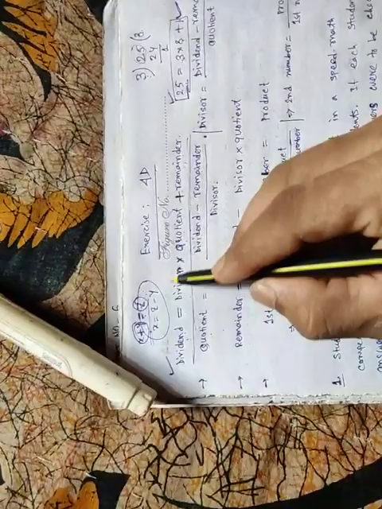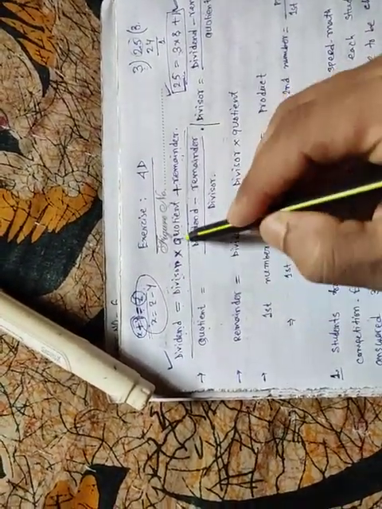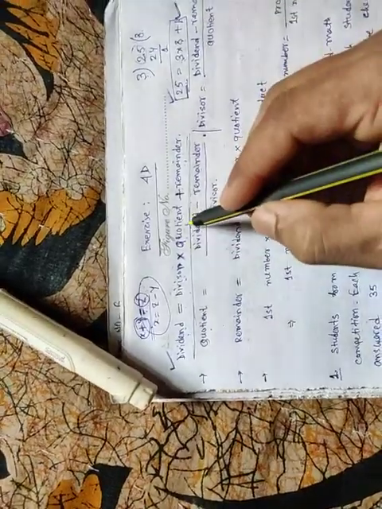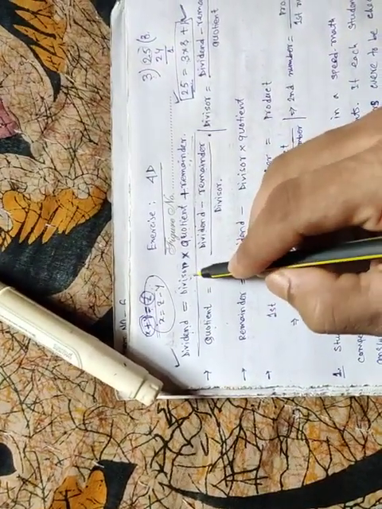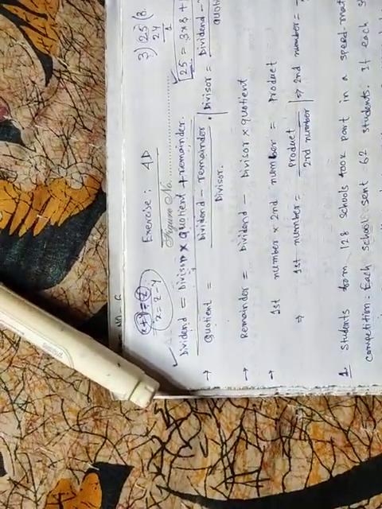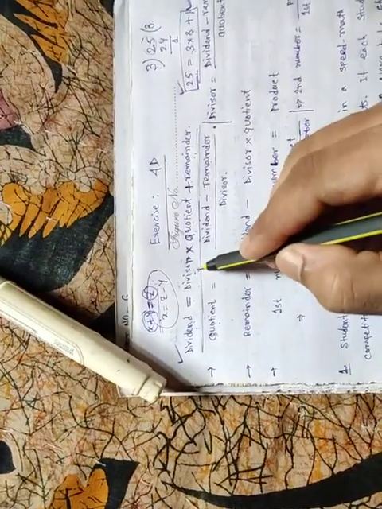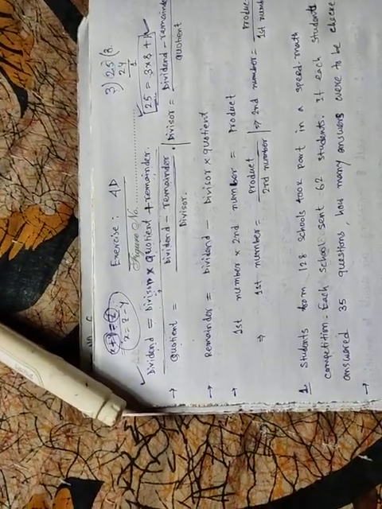Now you see, we want to find quotient, but divisor is multiplied with quotient. So we have to change the position of divisor also. As divisor is on the right hand side as multiplication, when we change the position of divisor, it will be division. Multiplication changes to division. So that's why it is divided by divisor. Clear the formula?